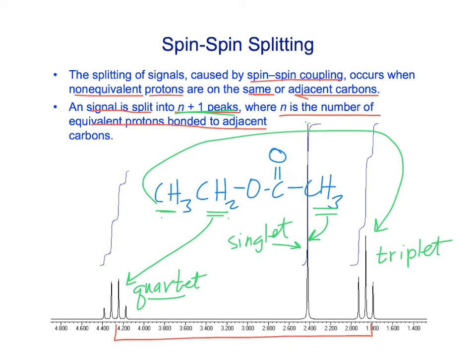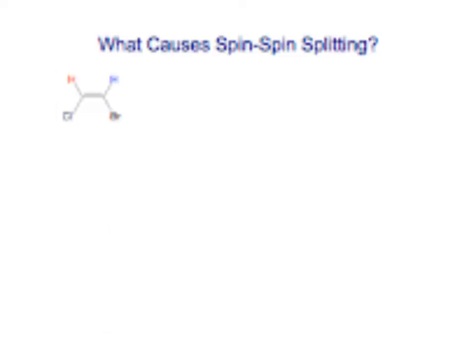All right, so let's look at where this splitting actually comes from. What we're going to do is look at this simple molecule, and think first about this red proton here. This is going to be the one that we're going to observe. Because it's spin 1/2, we know that the adjacent proton can be either aligned or opposed to the magnetic field. So this blue proton can either be aligned, and in that case, what would happen is it would